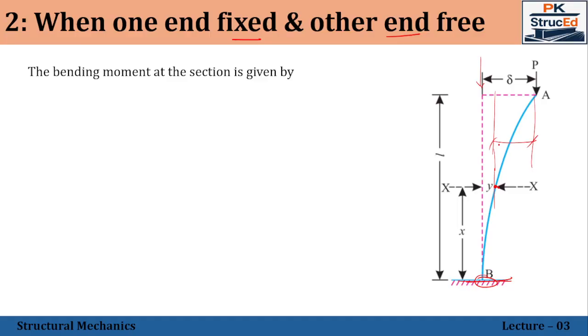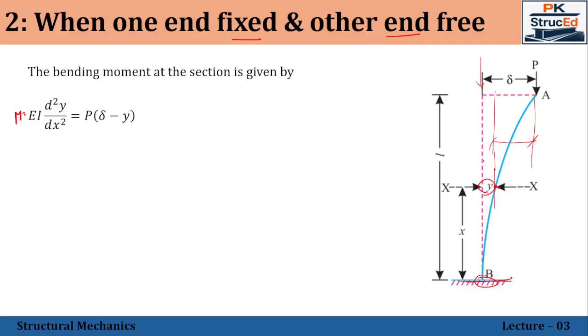This distance has to be taken, whereas we know this entire distance is delta and this distance is y. Therefore, moment will be equal to P into delta minus y. And again, it is going away from the axis. Therefore, you'll be getting this one as a positive value. So, M is equal to EI d square y by dx square, which will be equal to P